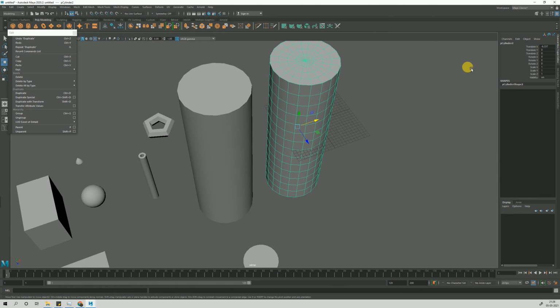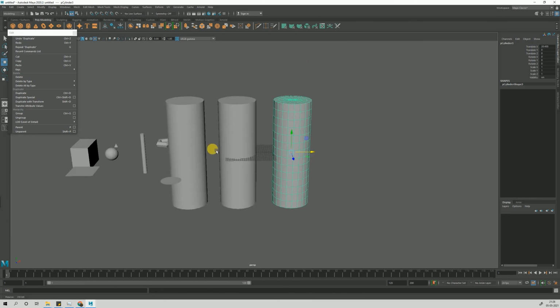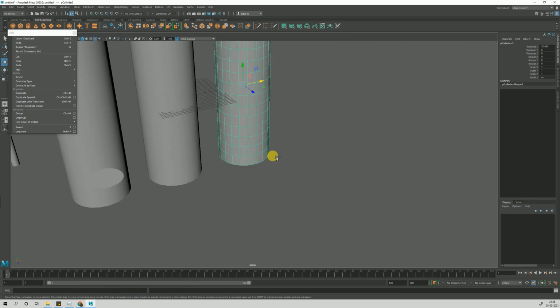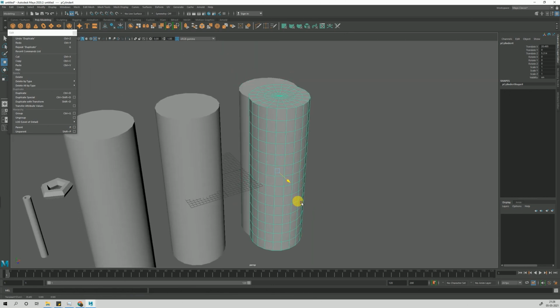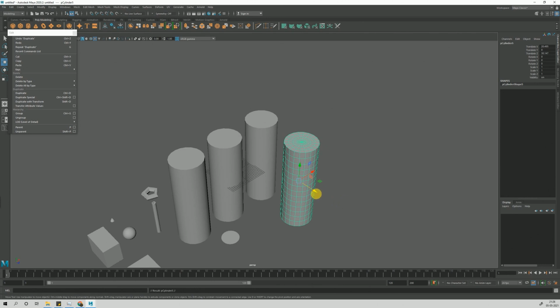Duplicate again. We are basically multiplying the object. This is very simple. Now I'm going to use the shortcut Control D. Control D. Sorry, I pressed Control S. Control D.